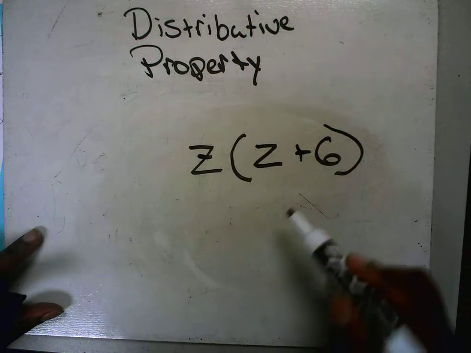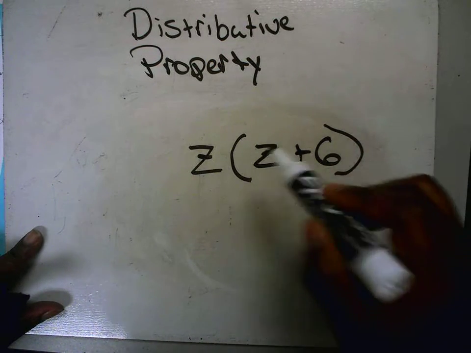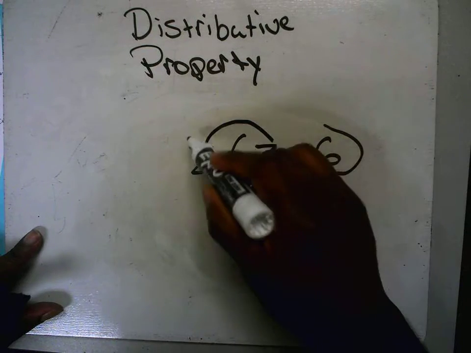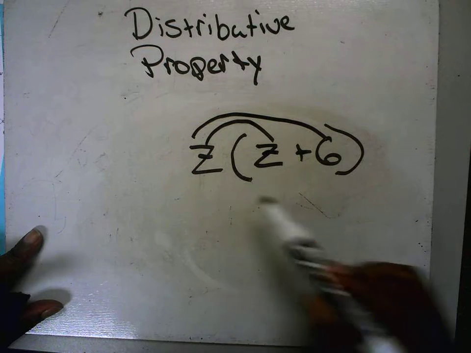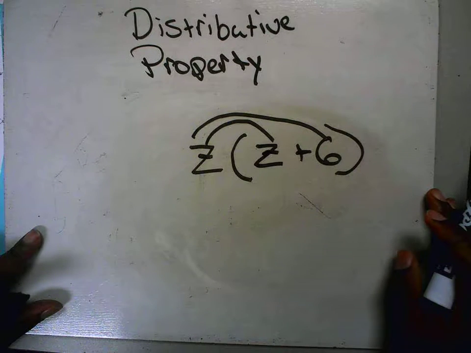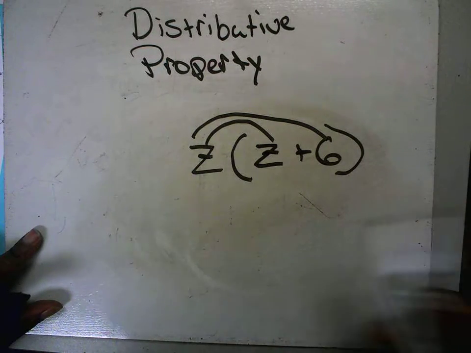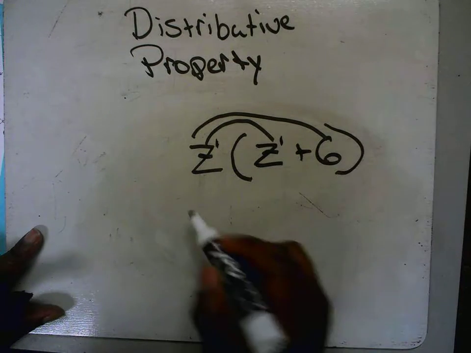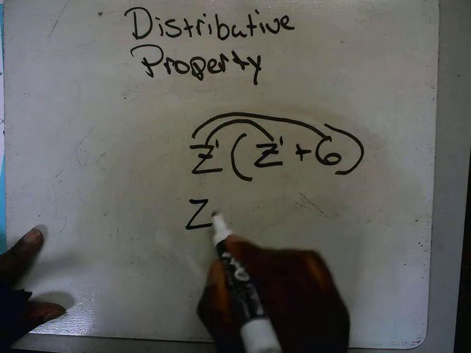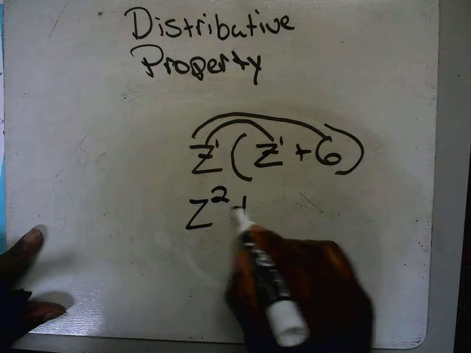Take the letter or the number outside the parentheses and multiply it by each term inside. When you multiply bases that are the same, what do we do with the exponents? That's right, we add them. So there's a 1 here for this one, and there's a 1 here for this one. So this is going to be z squared plus